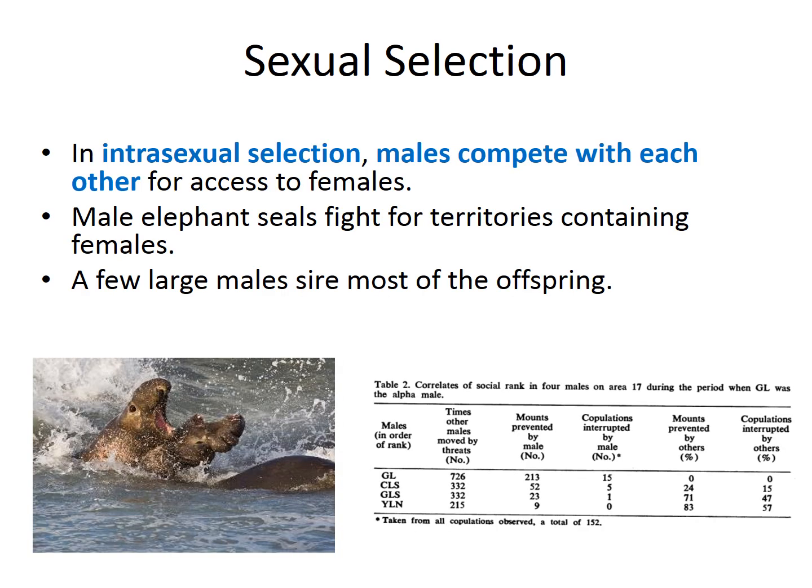In intrasexual selection, males are competing with each other for access to females. This is usually very territorial, has a territory basis. So, for example, male elephant seals fight for territories containing females. And so what they have found is that within territories, there are very few large males that sire most of